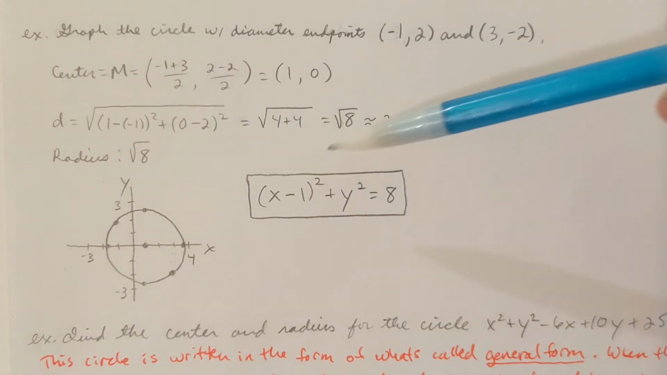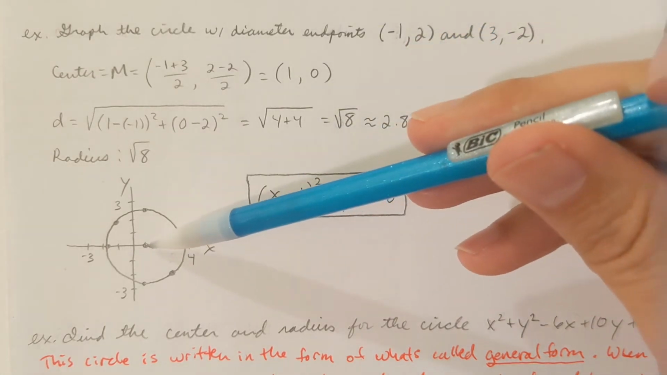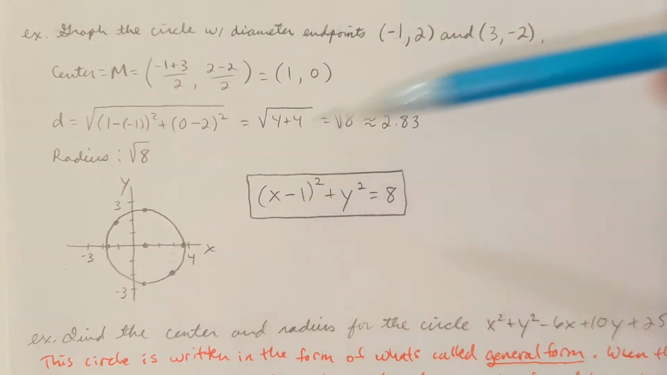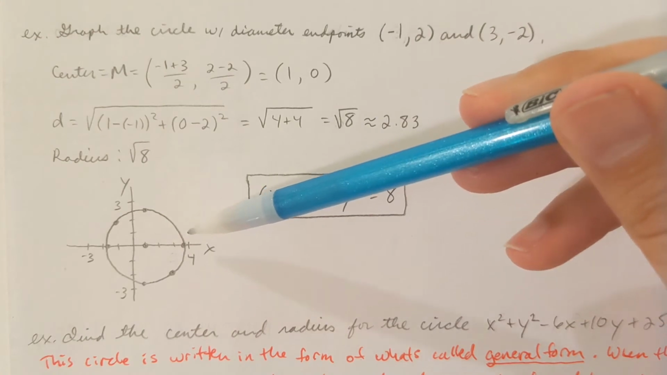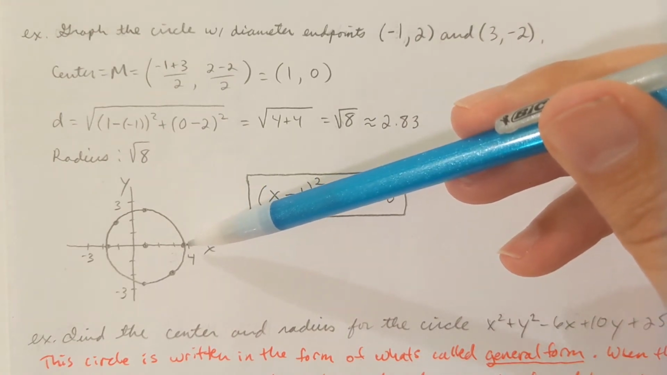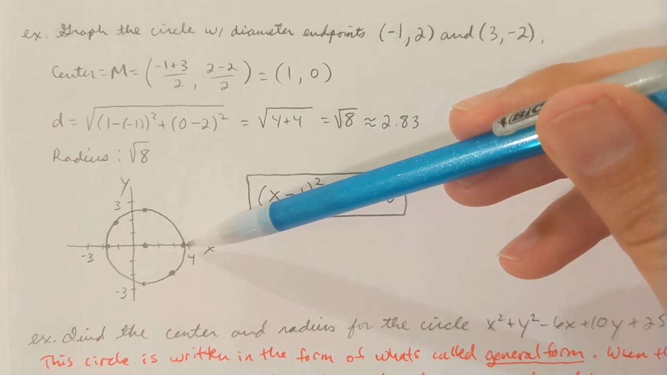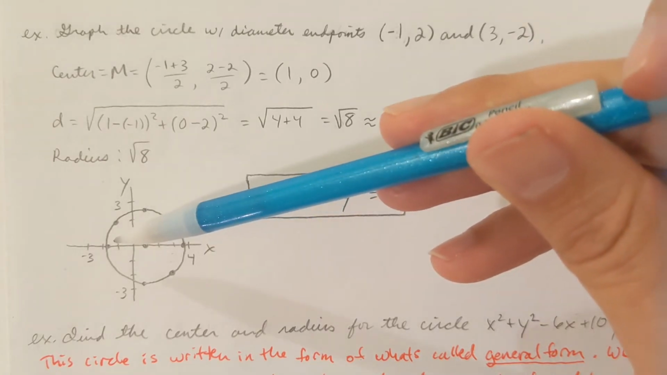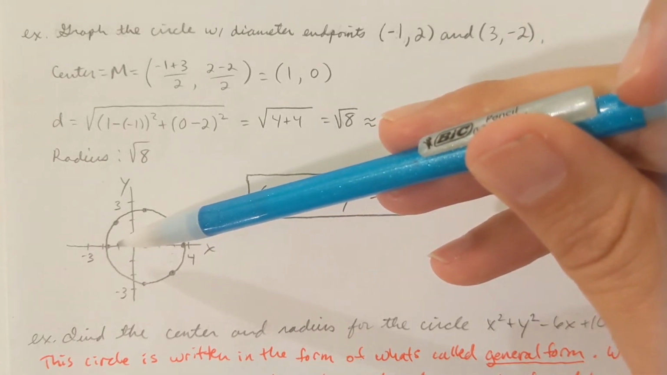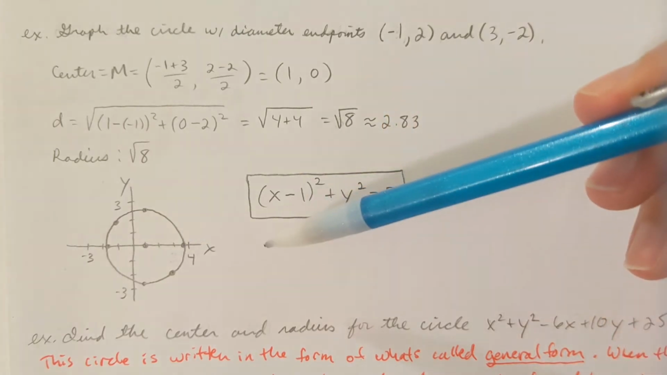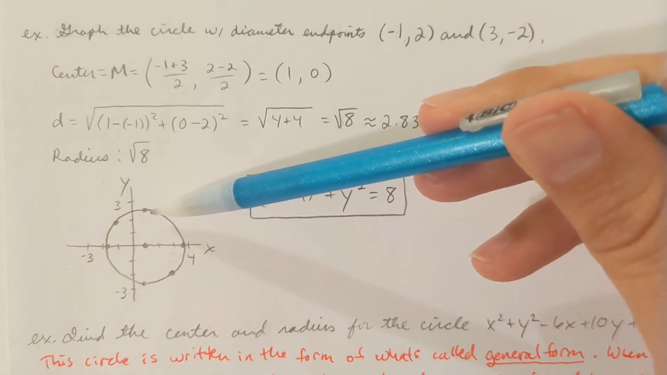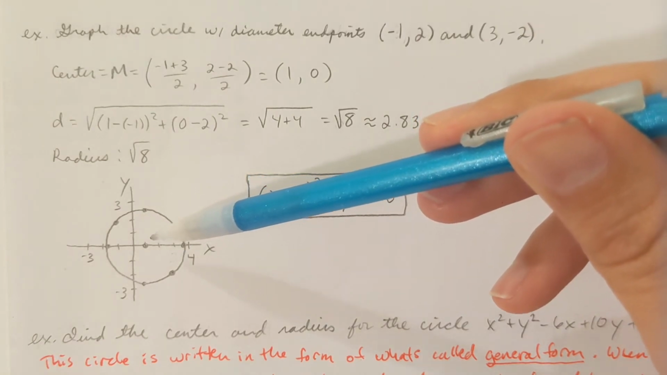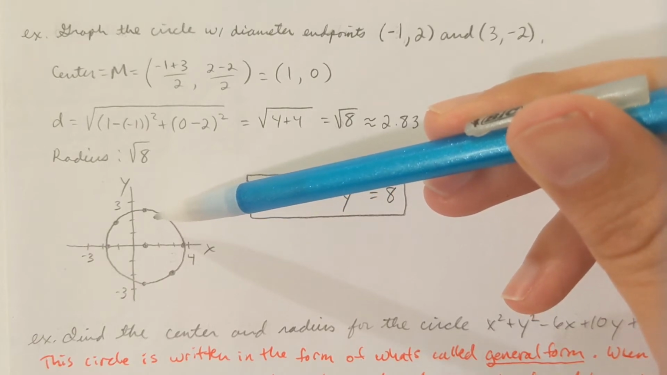So the center of the circle is at (1, 0), right here, and the radius is 2.83 units. If I go 2.83 units to the right of the center, that brings me to (3.83, 0). I can plot that point. 2.83 units to the left of the center brings me to the point (-1.83, 0). 2.83 units above the center brings me to the point